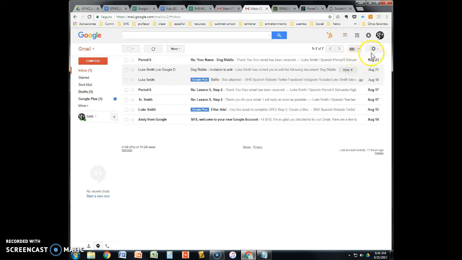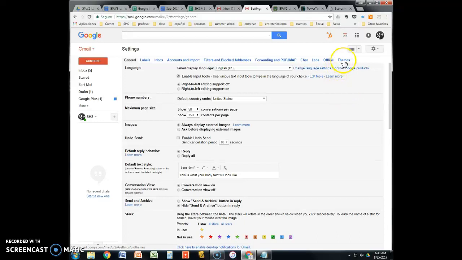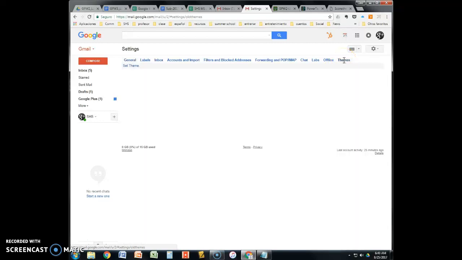You can come up here to your settings gearbox, click on that, and scroll down. You'll see themes right here. Or you can click on settings, and you'll notice the very last option here in settings is themes. So go ahead and click on set theme,